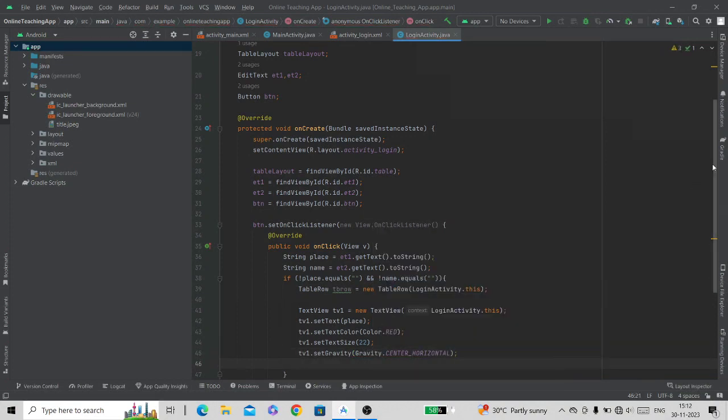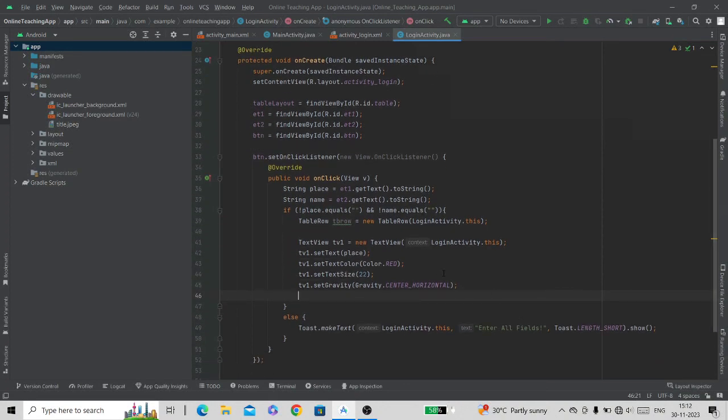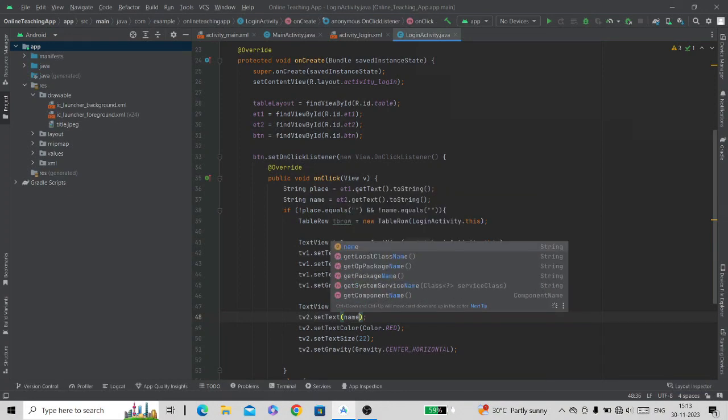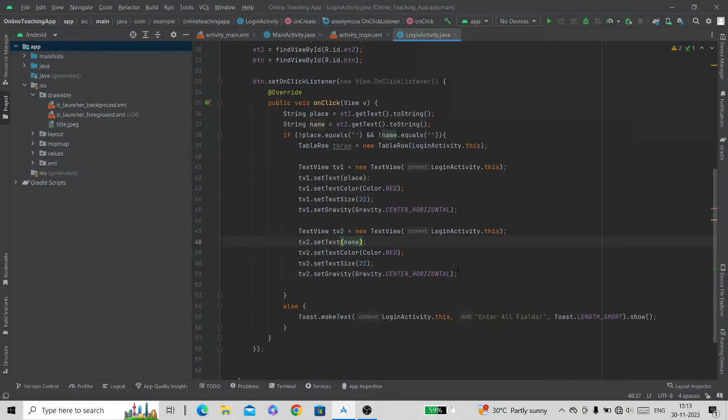Now let's do the same thing for second text view, which is for name. I'll copy the same thing and will change according to the second text view. Change the name to tv2 and change everything here also. And we will set the text here for name, not place. Now we will add these text views inside the table row.